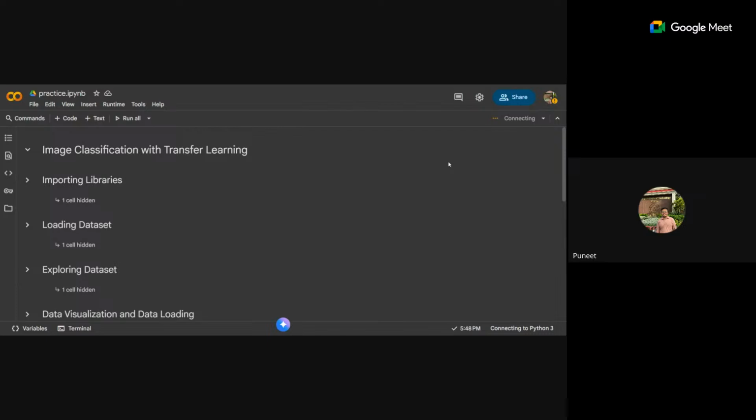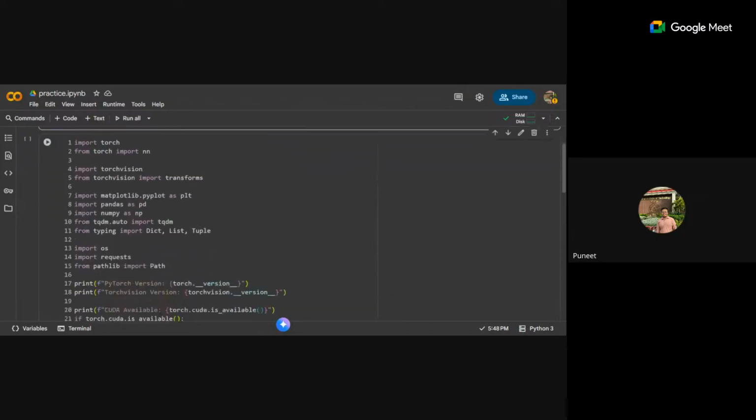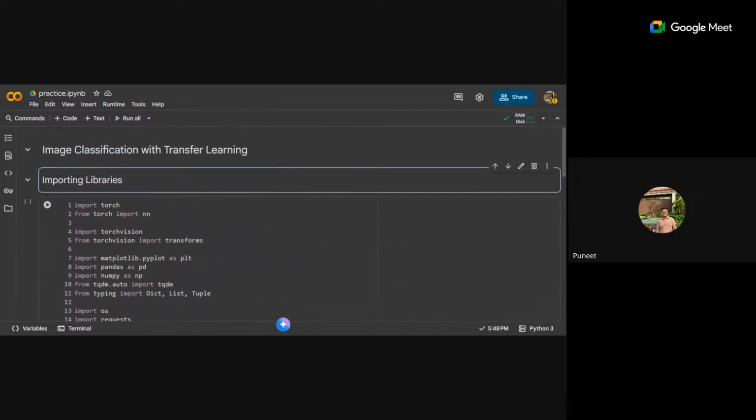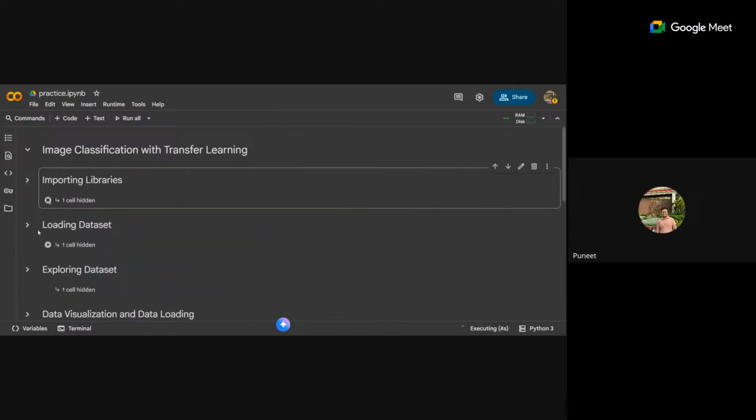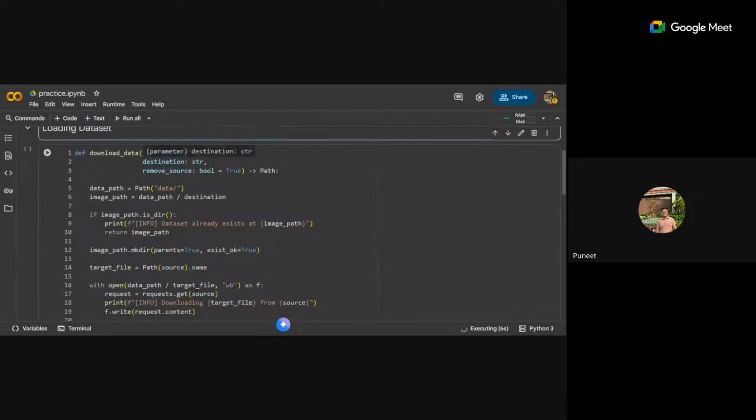So we are working on the image classification with transfer learning. Just to give the context, we have a dataset with us that has three classes: pizza, sushi, and steak. So we are trying to do that only. These are the libraries that we are going to use. Just execute. This is being run. Till then, what are the datasets? So we defined a proper